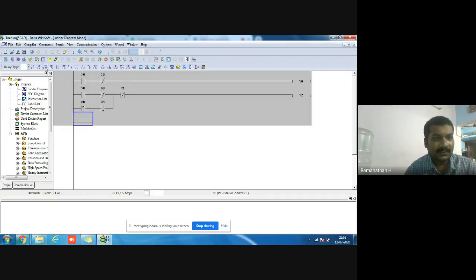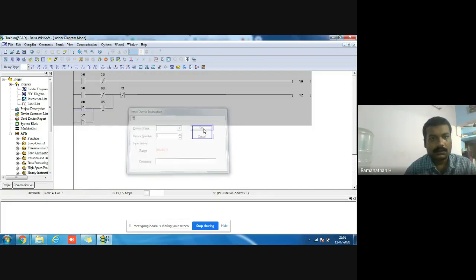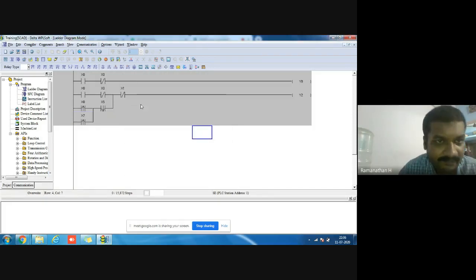Here you can add any one of the elements. Now this is not needed for you. This is the basic elements of the WPL software.